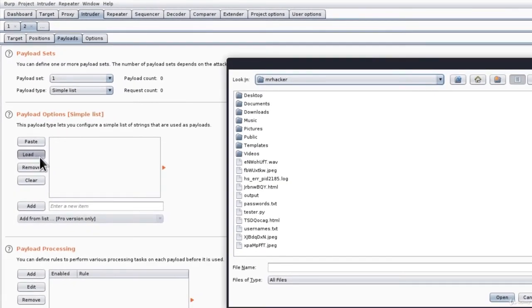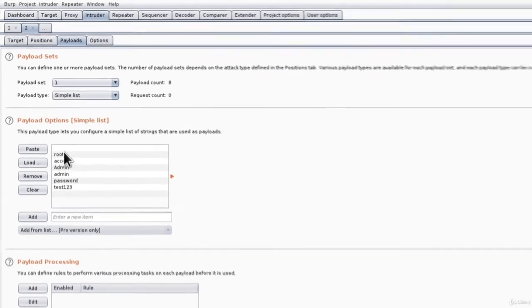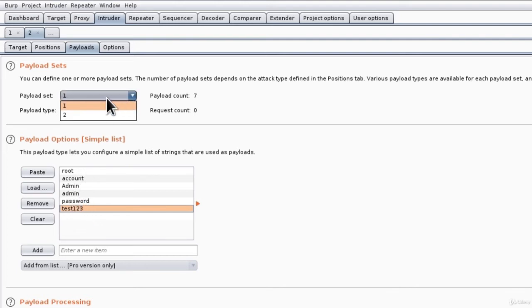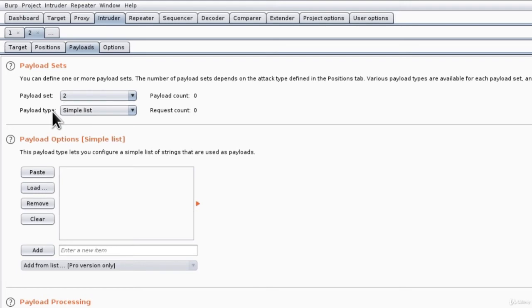So I just click on this load button, then I can find usernames.txt, and you can see by default it will load all of the usernames from that list. Now I can delete this empty field, we don't really need it, and once I load the usernames list right here, I can change from 1 to 2,